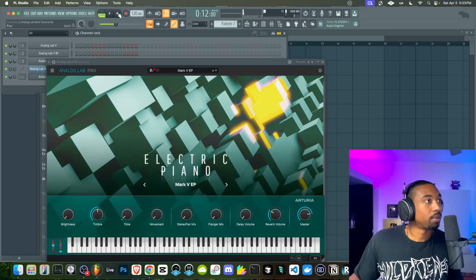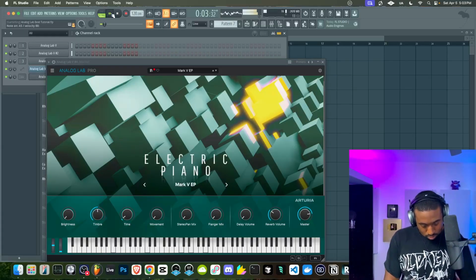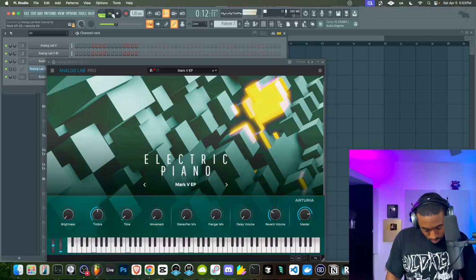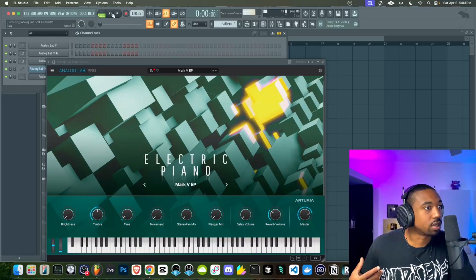We could play it maybe in a higher octave so the ear can perceive it.